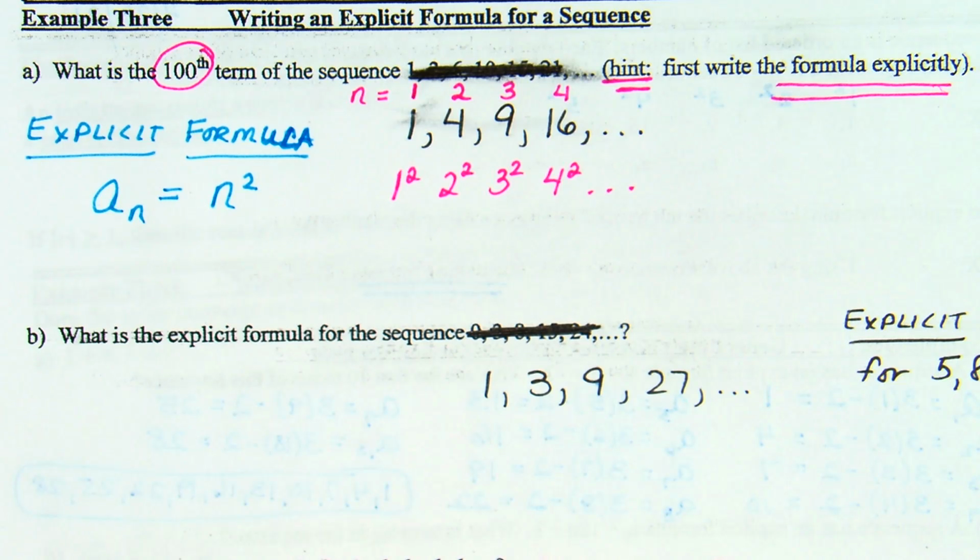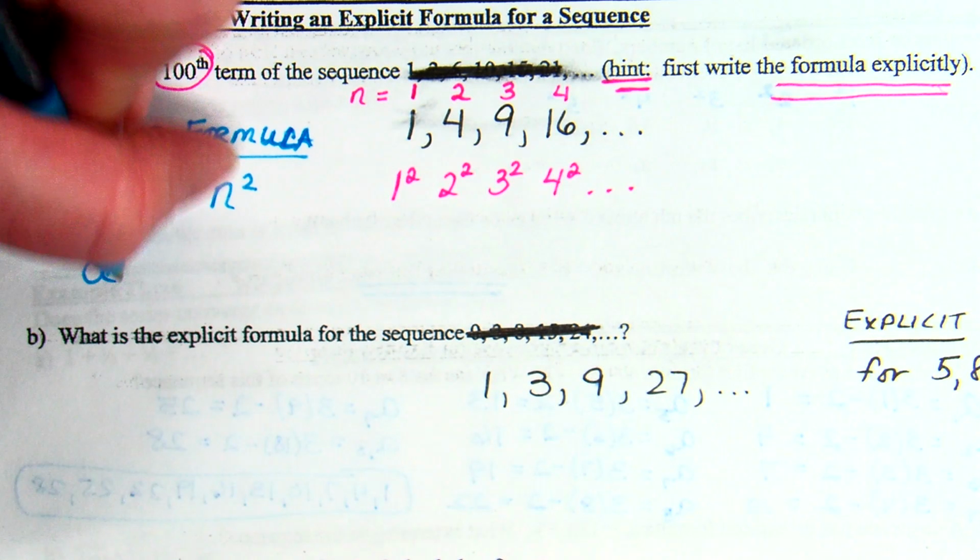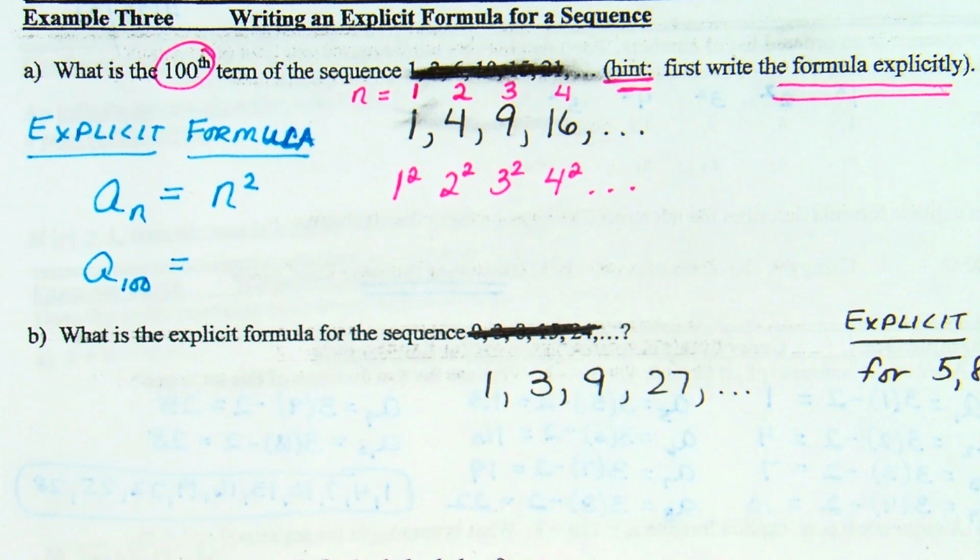Do I have to do anything else with that n squared? No. So if you were asked to write the explicit formula, it'd be A of n equals n squared. You don't need to use the A of n minus 1. And in fact, when you see an A of n minus 1 in a formula, know that it's a recursive formula. An explicit formula will just use n and something. It won't use the A of n minus 1. Okay, so the whole point of this was to find the